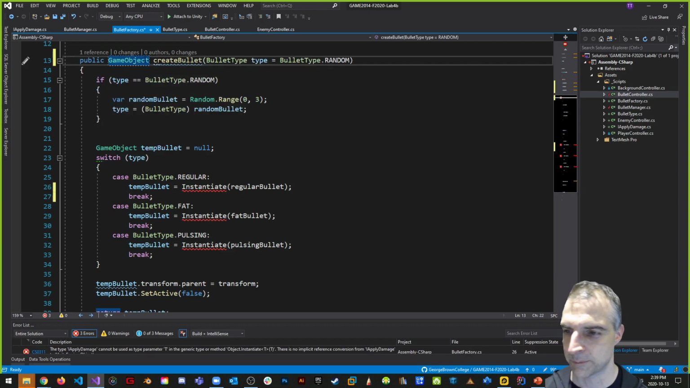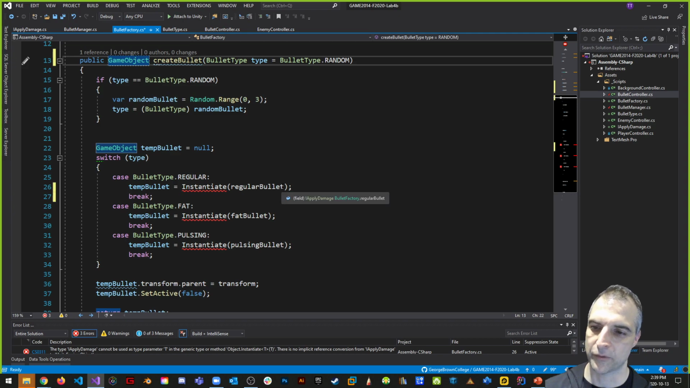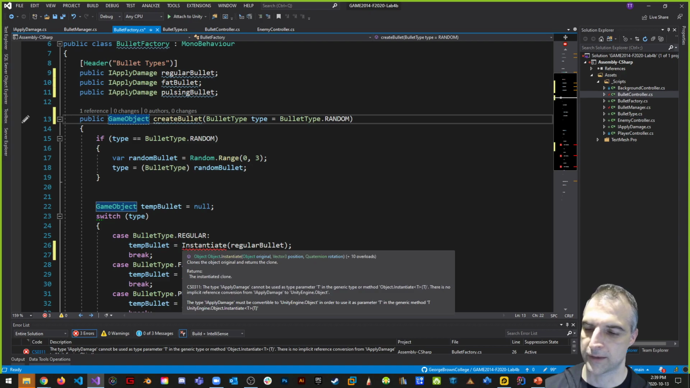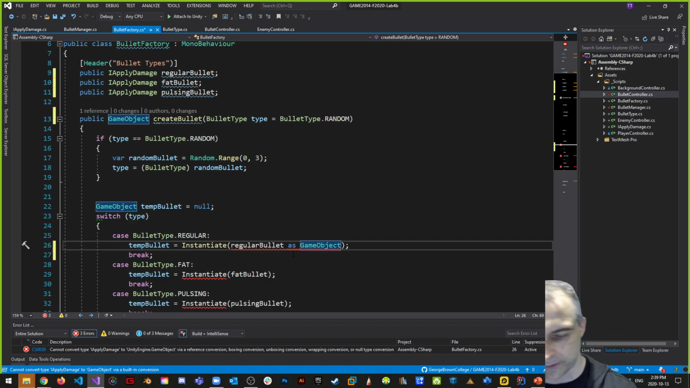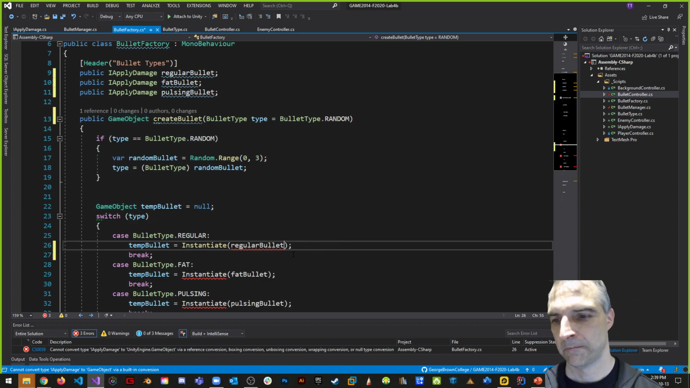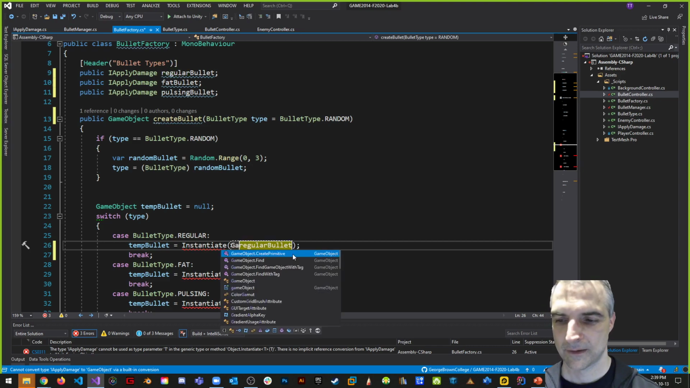I don't know which one it is, but I'm going to check to see what they are. Here's my regular bullet, right? So instantiate my regular bullet, and then I'm going to say as game object, right? I want to cast it as a game object. Let's see if I can cast it some other way. So game object,